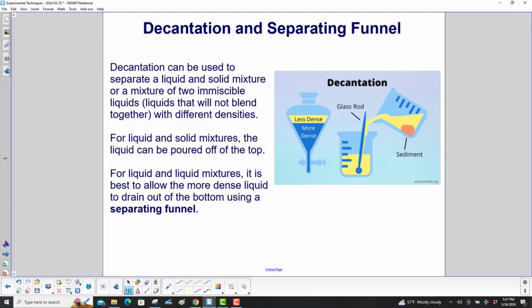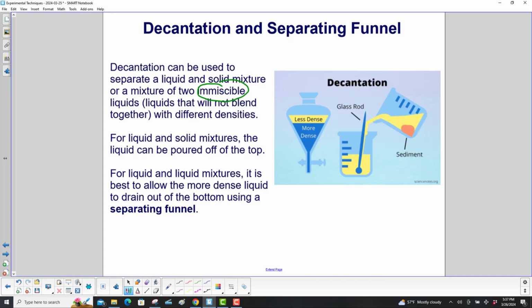Decantation can be used to separate a liquid and solid mixture, or a mixture of two immiscible liquids. Immiscible means liquids that will not blend together, with different densities. For liquid and solid mixtures, the liquid can be poured off the top. For liquid and liquid mixtures, it is best to allow the more dense liquid to drain out of the bottom